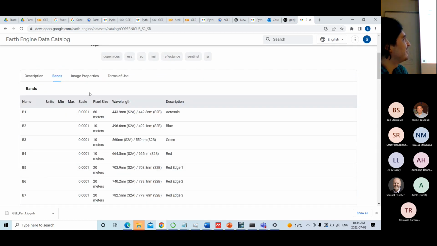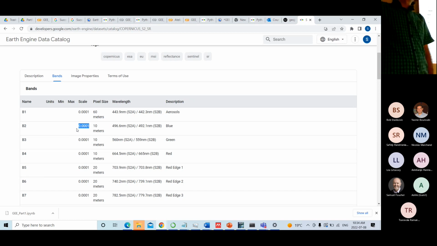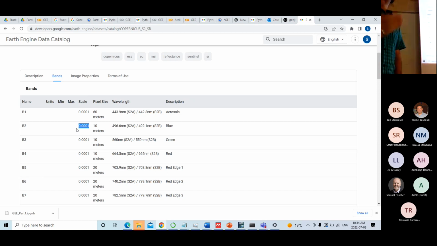Also, another important thing is this scale. You need to be careful about this scale. Google Earth Engine actually uses its own scale, its own projection, its own transformation. So if you, for example, use B2, you have to apply this coefficient to your data set. I will show you in the coming scripts. So what is important here? Please consider the scale, consider the quality file. We will use all of them